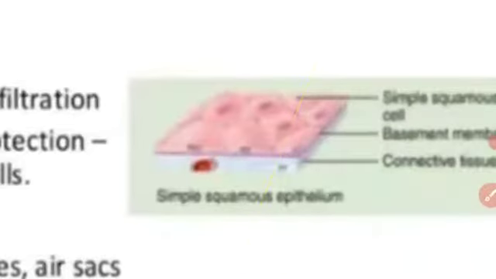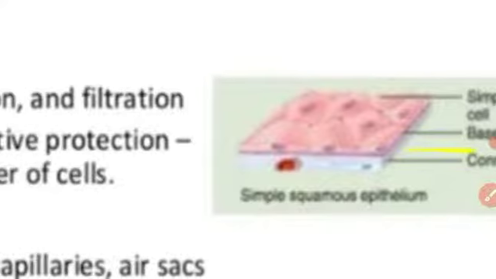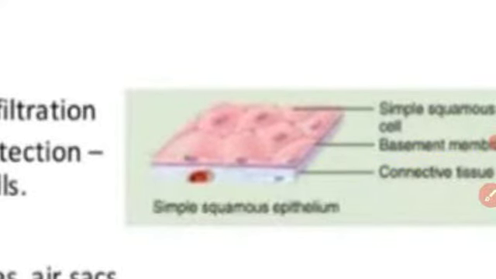See, this is a single layer, comparable to the tiles of our floor. You know, only a single layer of tiles on the floor. Means there is a basement membrane, and a single layer of squamous epithelial tissue lies on the basement membrane. The basement membrane provides the nutrients and necessary things required by the epithelial tissue, and it also keeps the squamous epithelial tissue away from other tissue.